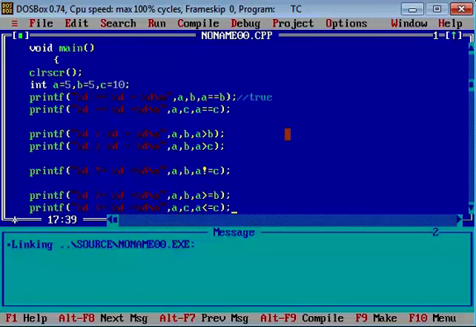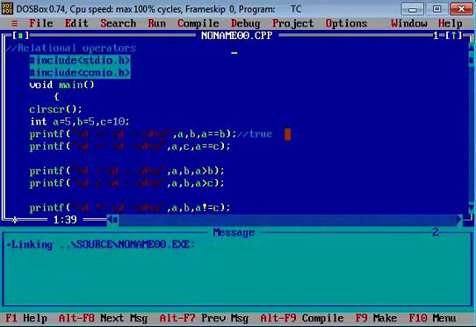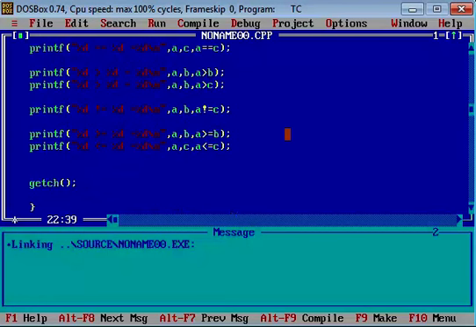So this is how we can use relational operators. Mostly these relational operators are used with control flow statements like if, else, for loop, and while loop. Apart from this, there are other operators which I am going to discuss in my future video, that is